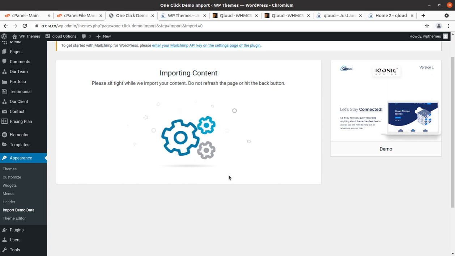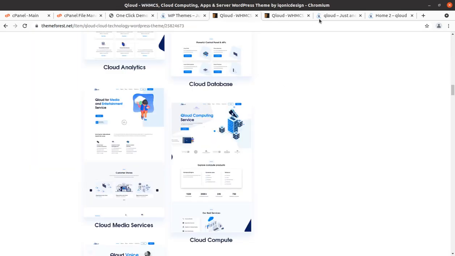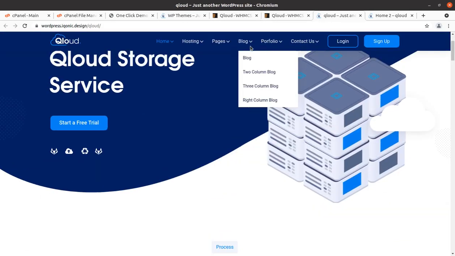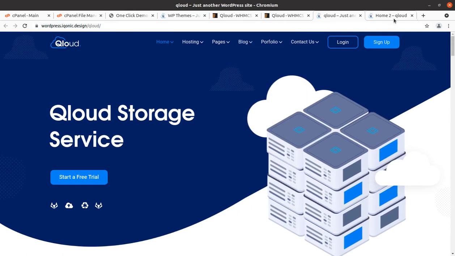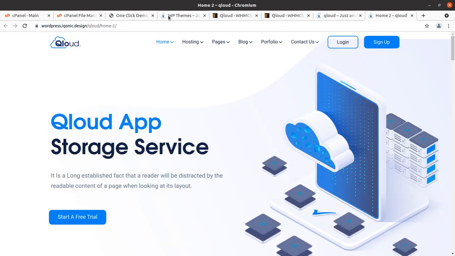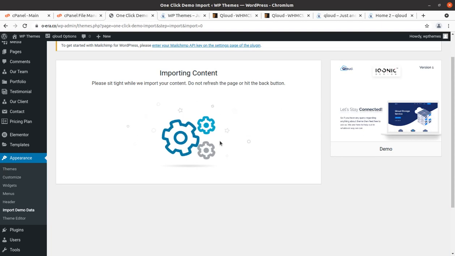This is a very important part of making a demo website. So wait until you get the next message on this screen. However, you can use other tabs meanwhile to explore more about the QLoud WordPress theme, and you have to wait until the process completes.